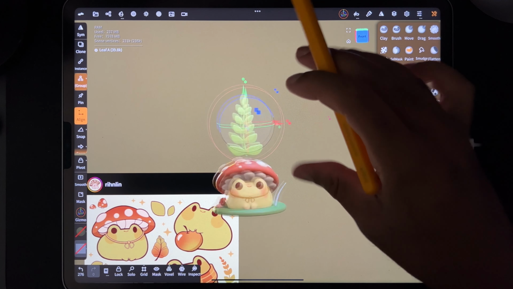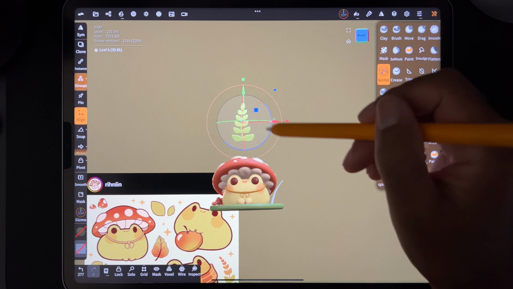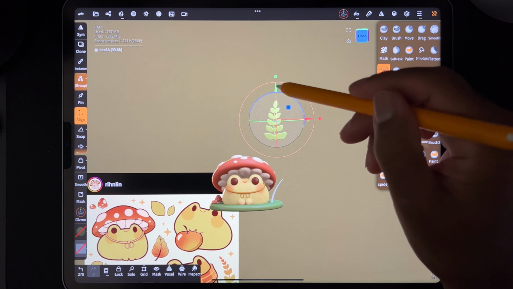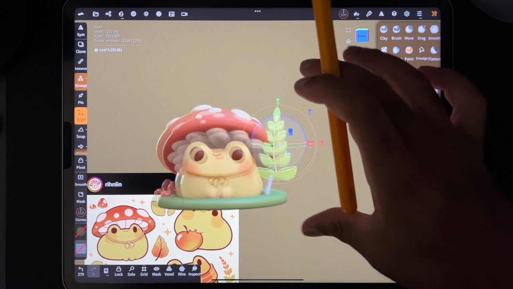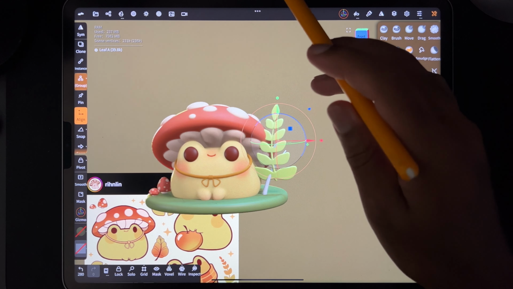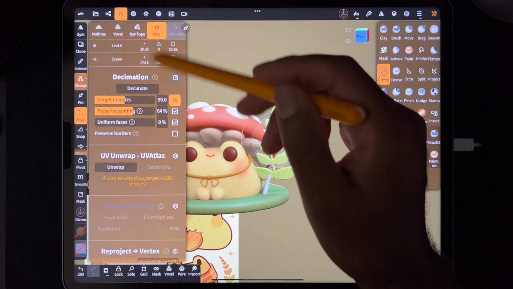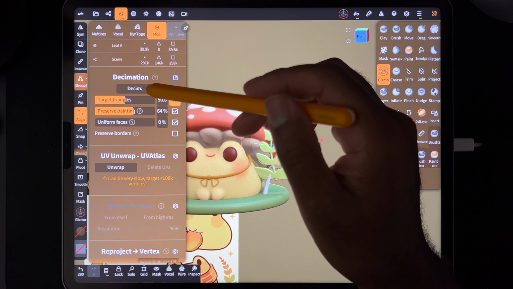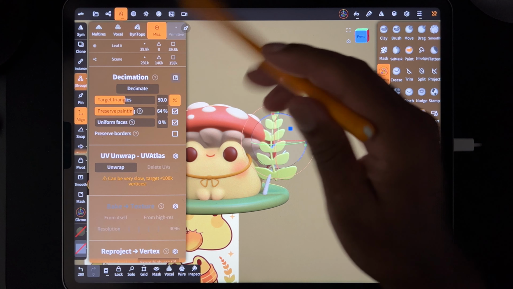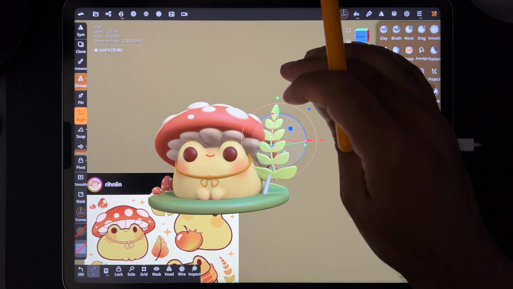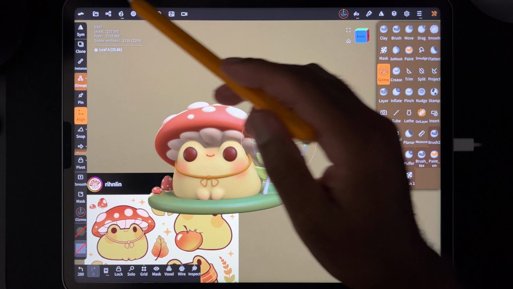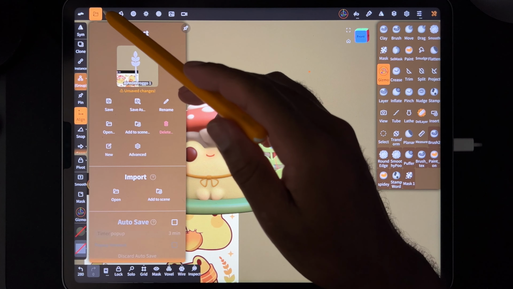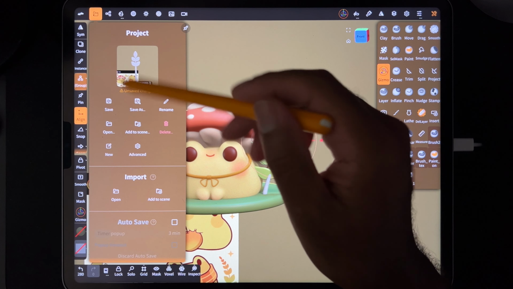Okay, I think that's good. I think that's what I was looking for. What size is this? Let's decimate this a little bit. I wonder if I should. Oh, you know what I should do? I should